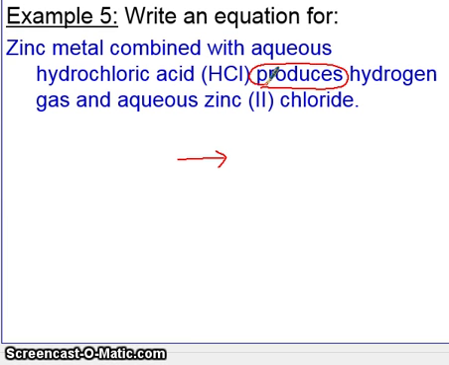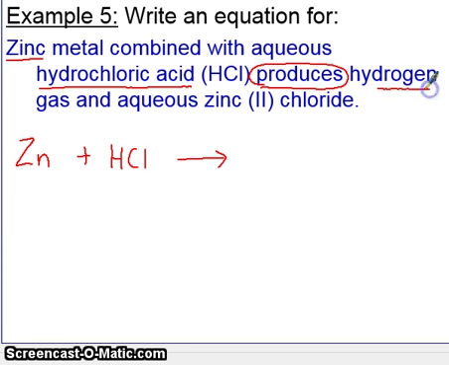Now before it, we have zinc metal and we have hydrochloric acid. So those are going to be our two reactants. Now reactants are separated with a plus, just to show that we have two different substances. So we have zinc for the first one, and we have HCl for the second one, hydrochloric acid. And then after the arrow, we have hydrogen, and we have zinc 2 chloride. So hydrogen. Now hydrogen, one by itself, is one of those diatomics, so we will have to put a 2 down below. And then zinc 2 chloride is written as